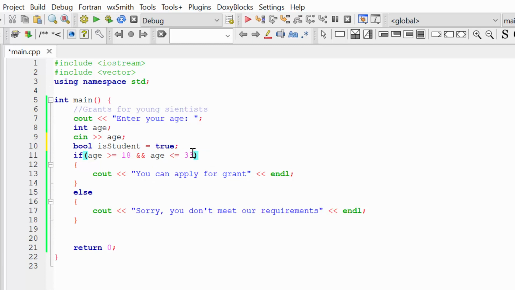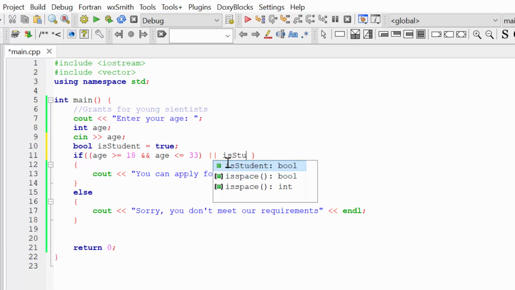And what I want to do is allow my user to apply for the grant if he or she is within these age boundaries between 18 and 33, or my user is a student. To do this, I will add one more pair of round brackets, and between my first condition and my second condition will be or isStudent.